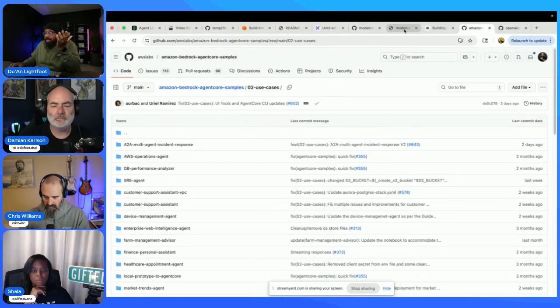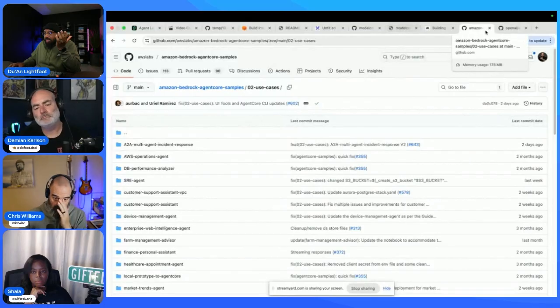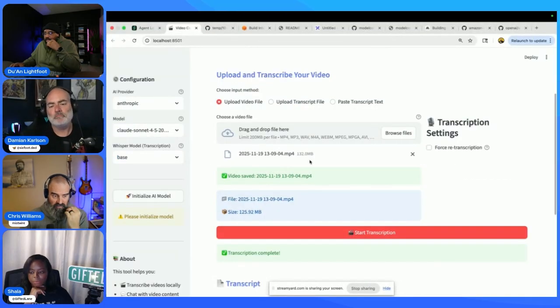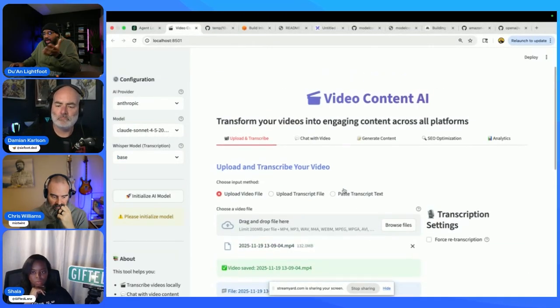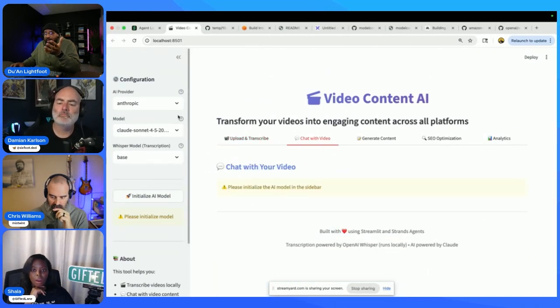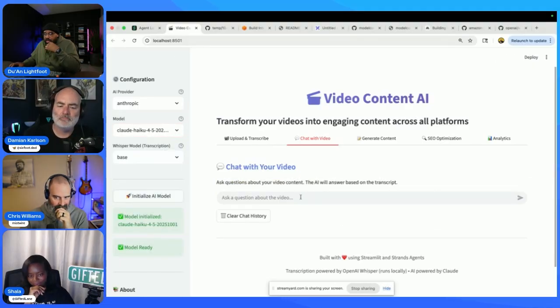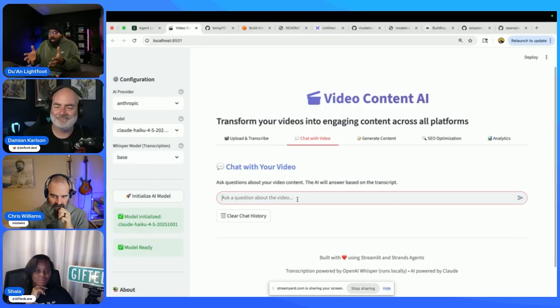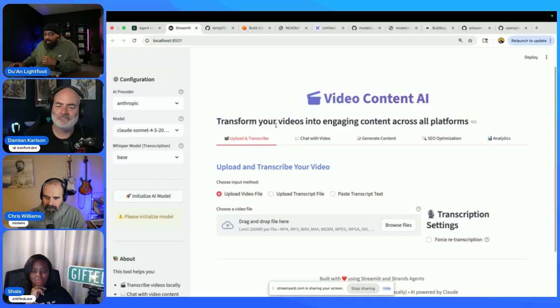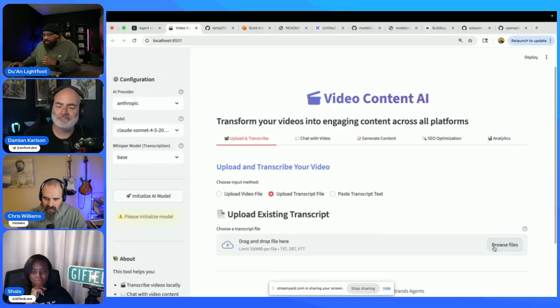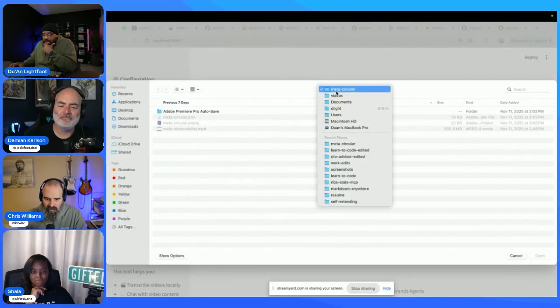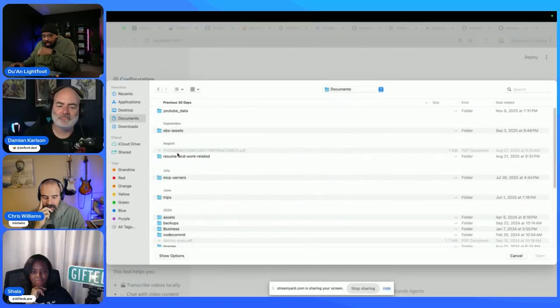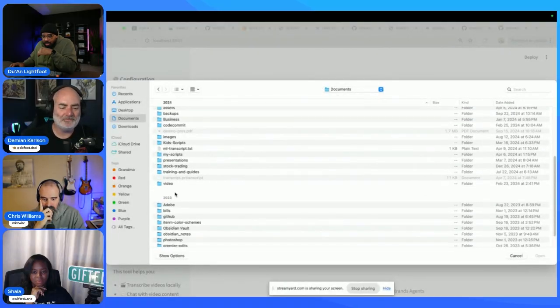Subtitle file, right? But to take it further, in this example, I transcribed it, but now that I have it transcribed, I could actually start chatting with it. I could select my model. Let's say I want to use chat with your video. I like that. So I can start asking questions about it. I really don't want to use this video, I want to use something else. Let me see if I have a transcript. I think I have a transcript that I can use. But this is really cool.